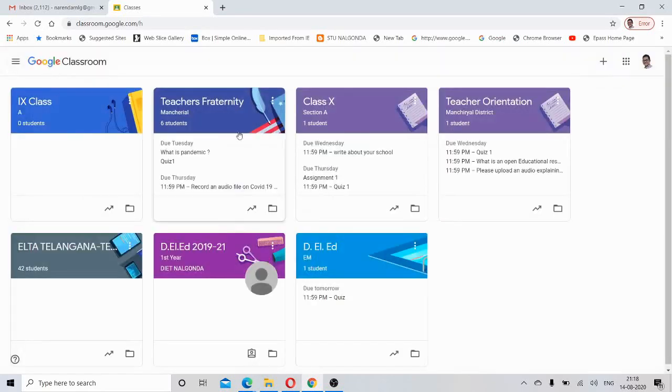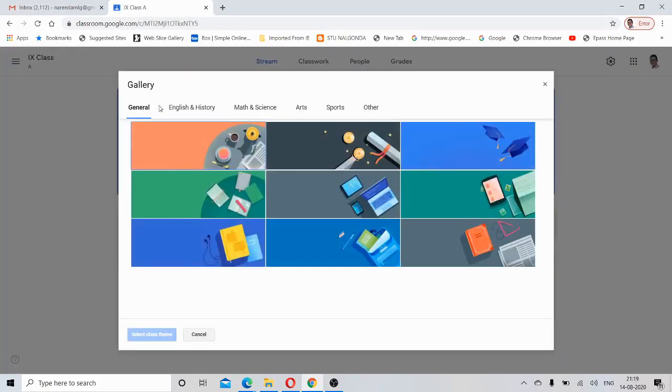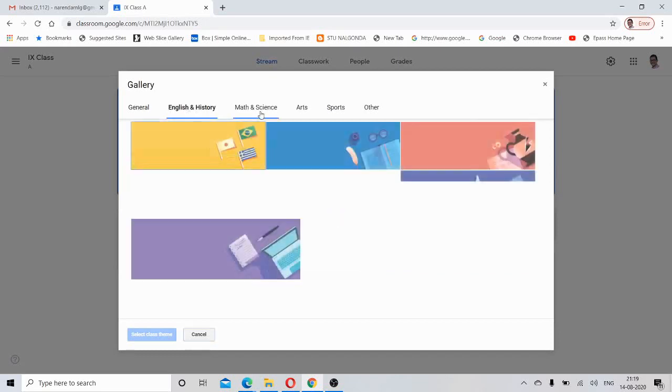Okay, now I'm going back to my class. Yeah, this is the class. Now see here, you could see the blue theme. If we click on this theme, we could see a number of themes here as per the topic of the theme. See here, there are so many topics of themes.